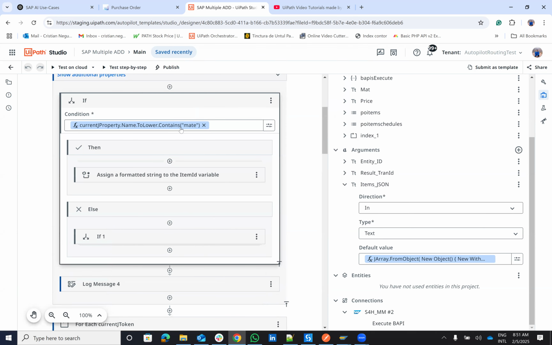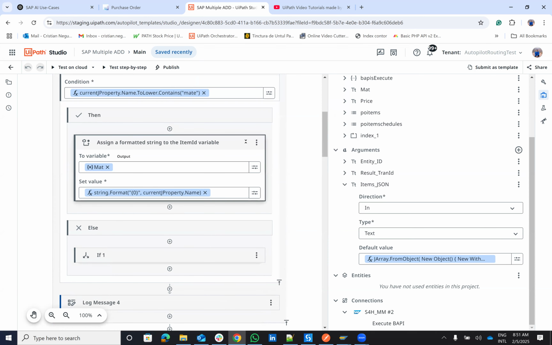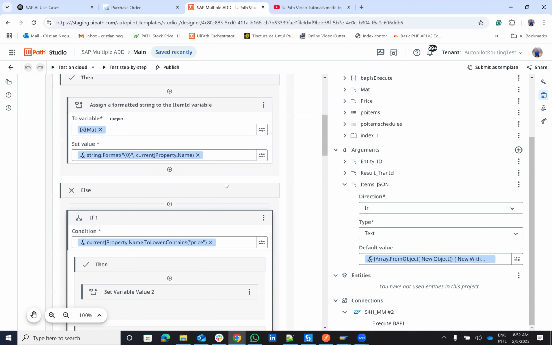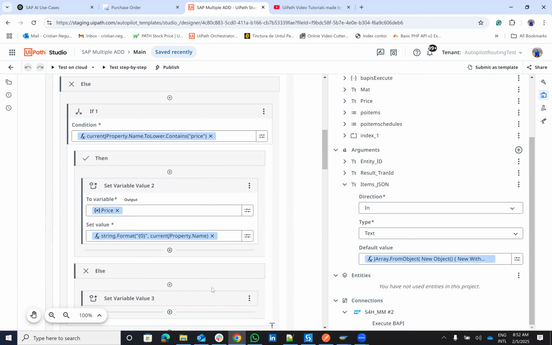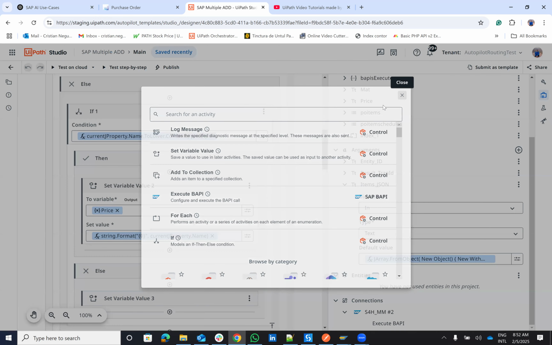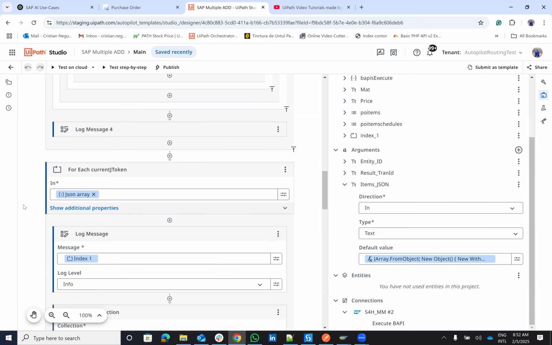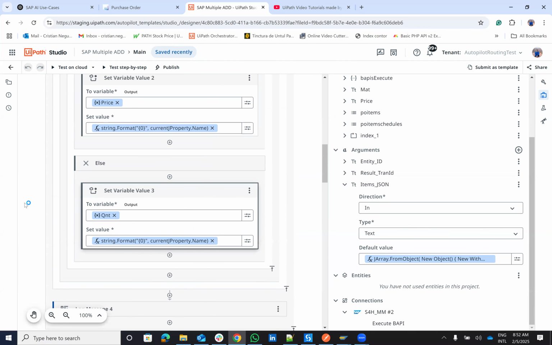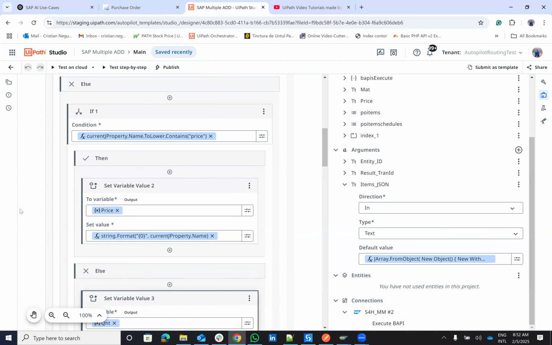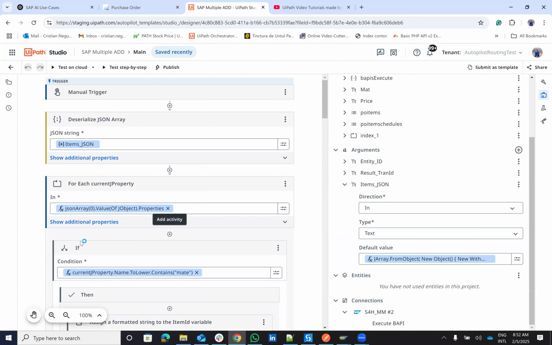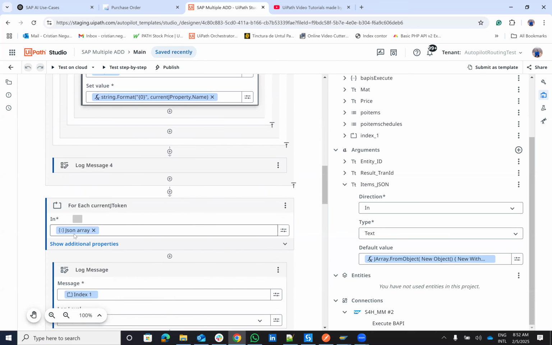So if I find material, I will say that this is material. I will put in the value material. And if I find a price, that's the value of the net price, and else I decide that that's the value of the quantity, yeah? So I do this stuff to identify the data in the JSON. Then after I identify the property for the JSON,